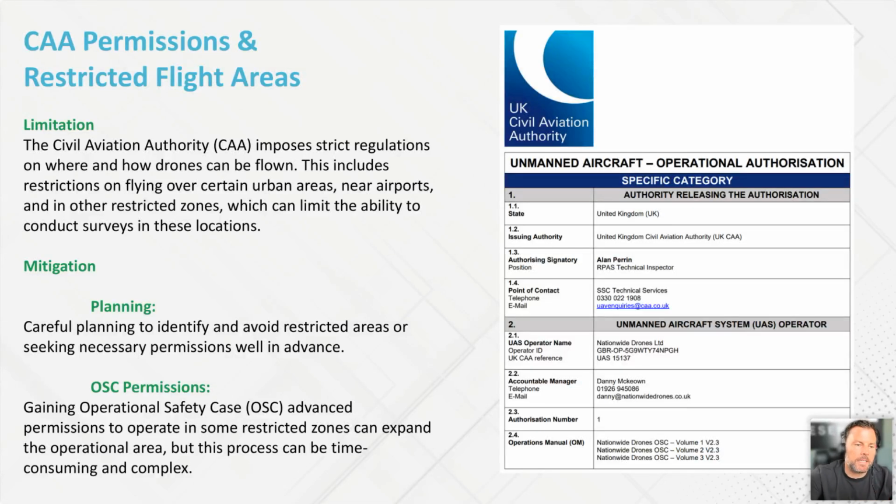The sort of caveat to that is an OSC permission. So an operational safety case is basically where a drone operator spends a fairly significant amount of time operating in these heavily regulated areas, and builds up a portfolio of projects that have been delivered in difficult spaces with complex planning. And then that drone operator can put in an application to the Civil Aviation Authority for a specific operational safety case to enable the operator to fly in a smaller space, so take off and land from a smaller space, fly closer to a building, fly lower, so capturing much better quality imagery and better resolution images,